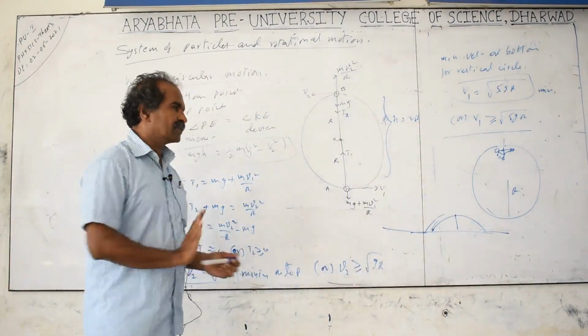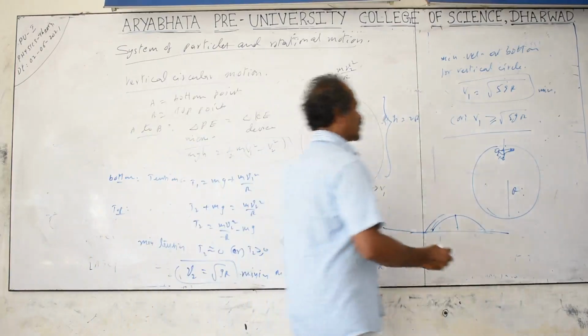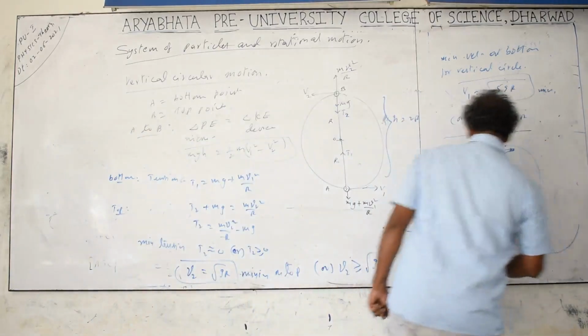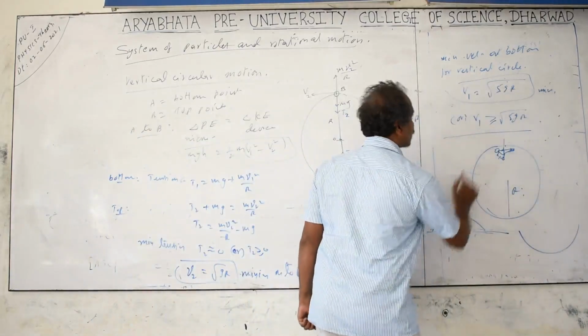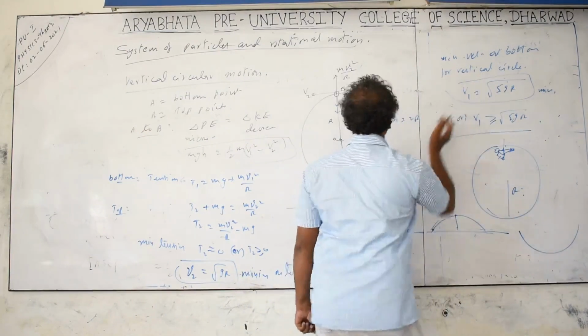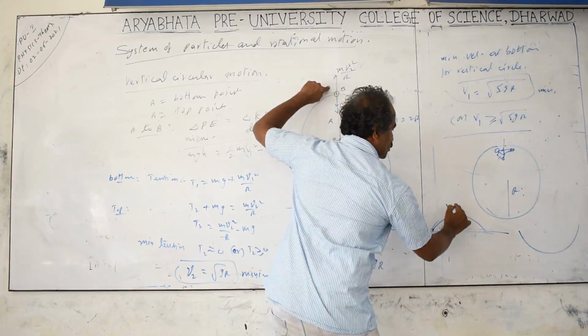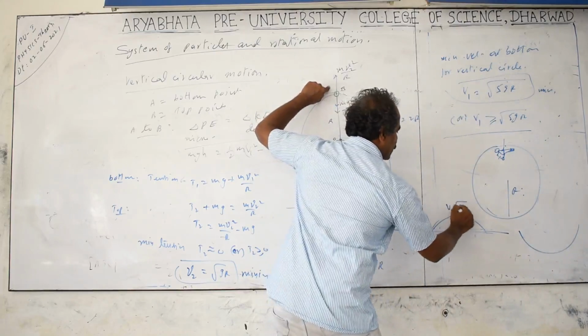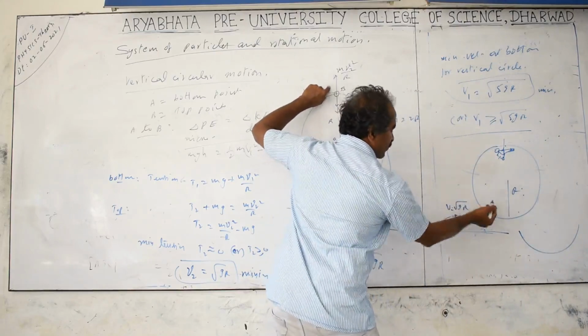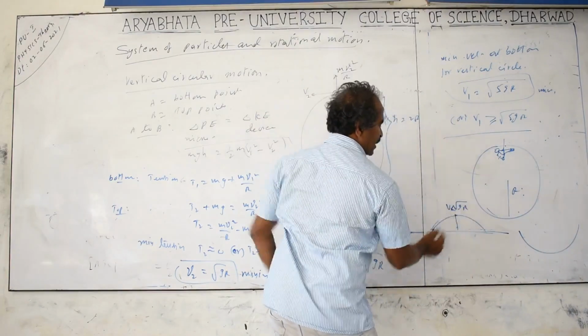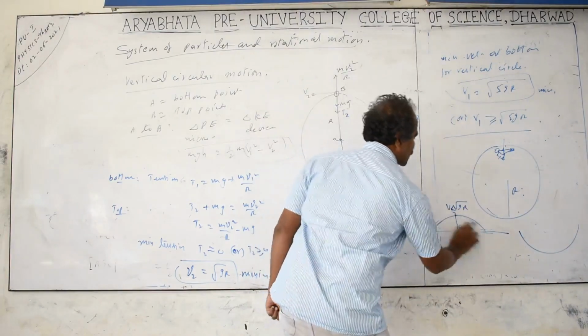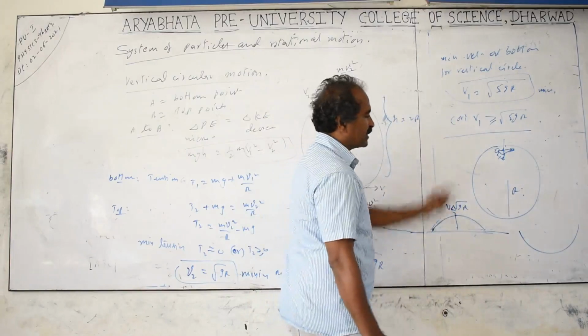It is just like bridges, which can be of concave surface, and bridges are of convex surface also. The convex surface problem is that centrifugal force acts away, and the vehicle jumps if the velocity exceeds root of gR at the highest point. So at the highest point, the velocity should be equal to root of gR. If it is more than that, it will jump out of the surface. It should be less than or equal to this, then only it will stick to the surface and go. If the speed exceeds, it jumps into the air.